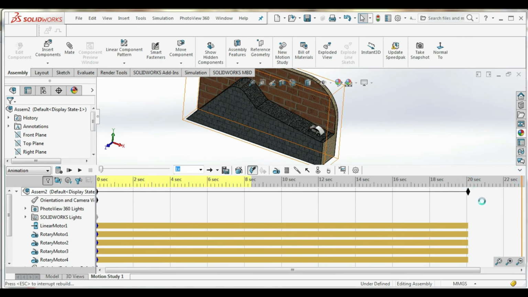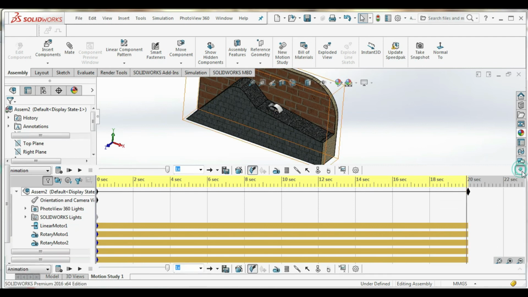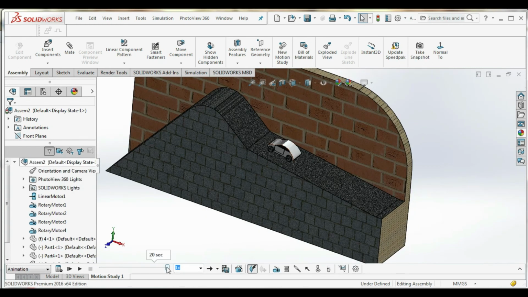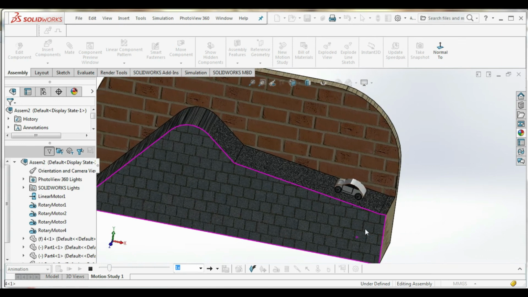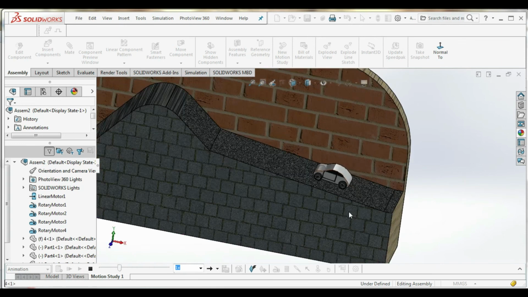Wait a few minutes. This time click on the inner side of the analysis mode, that is how you can run it. Okay, now going to animate, calculate. It is moving in a very smooth manner, clearly defining the path of moving bottom to top.